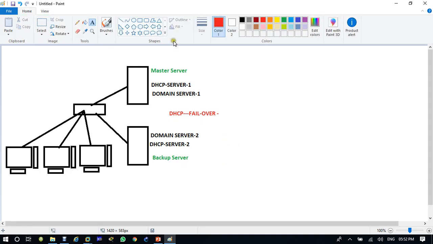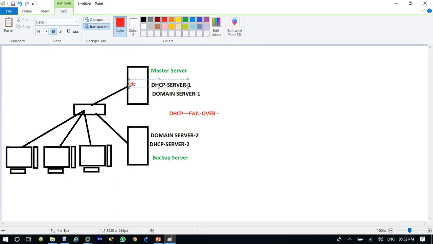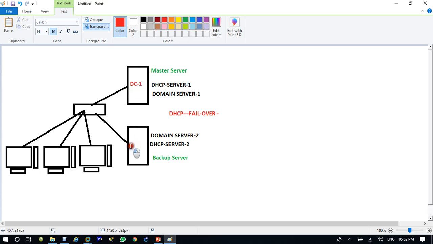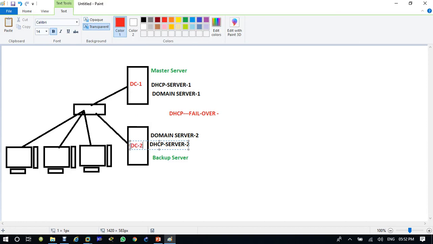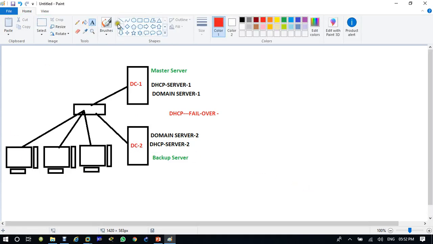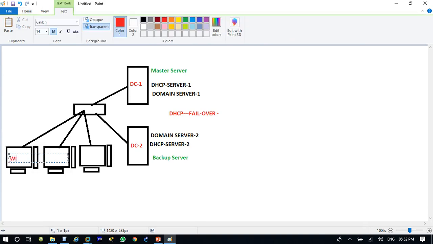For this, this will be your DC1 and this is your DC2, and these are your Windows client 1, Windows client 2, and Windows client 3.